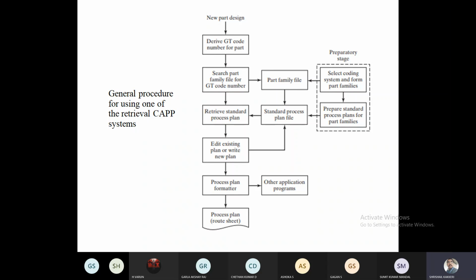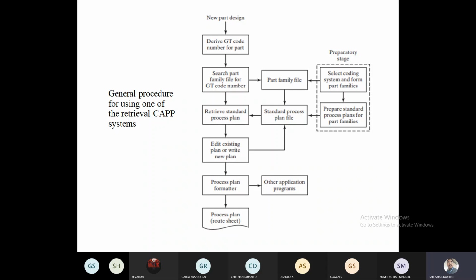This is called a route sheet. This route sheet will consist of the raw material and how many people are required, what is the important expertise of the human worker required, where he has to be, what part preparation has to be done in the beginning, what are the dies and fixtures which are required, and how many hours the work has to be done at a specific machine, and based on the location the machine will be decided.